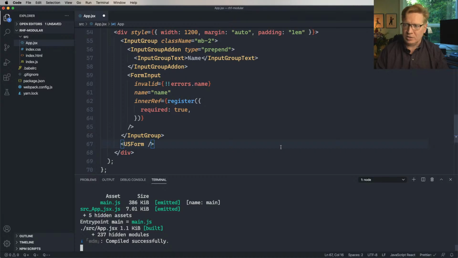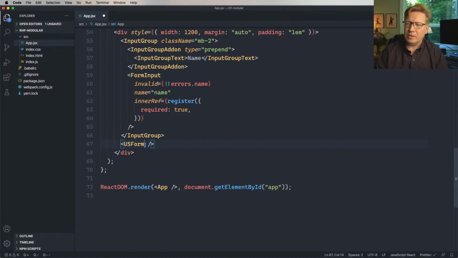Get rid of this so you can at least see more of the screen. There we go. Register is register. And